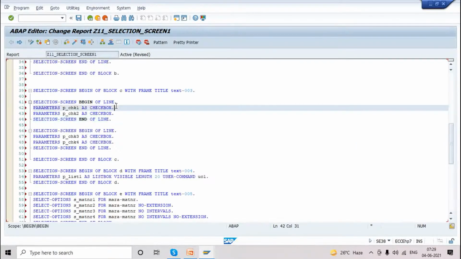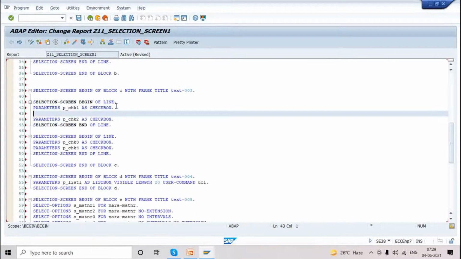Okay, so now we have to add the comments. Selection screen, comment. Since it is again a new line, we can start from the starting characters. Okay, 3 of 10. Okay, 3 of 20. Text 009 for the field p underscore check 1.